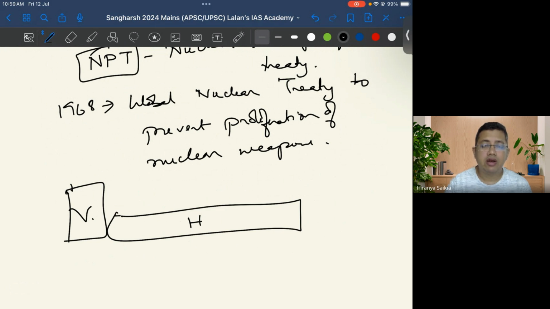So countries that have no nuclear weapons, like India, Brazil, South Africa, Japan, cannot procure or add any nuclear weapon according to the treaty. But for whoever already has them, there is no limitation on how high they can go. So this is a problem with the treaty. That is why India is not signing, but that we will deal with it separately.